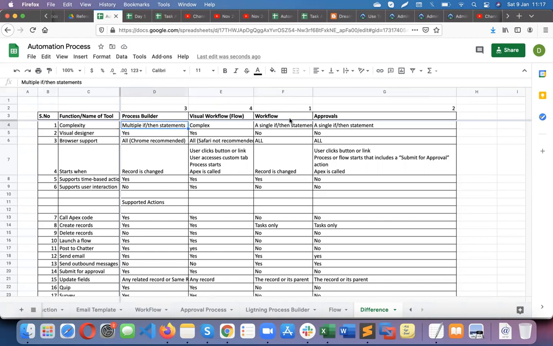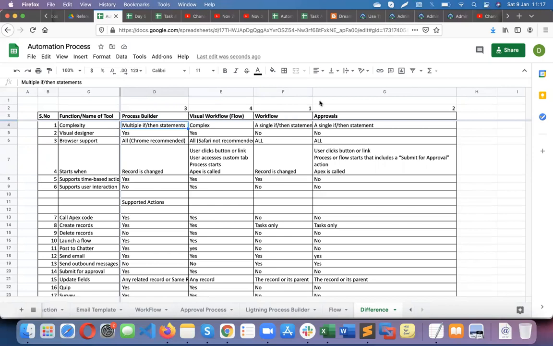But if you start creating workflows, you may need multiple workflows on a single object, and we don't know which one fires first, which one fires second. That will cause confusion. But in process builder, we have a clear idea which one will fire and which will not. And debugging facility is not available in process builder, but in flow, yes, we have a debugging facility now.